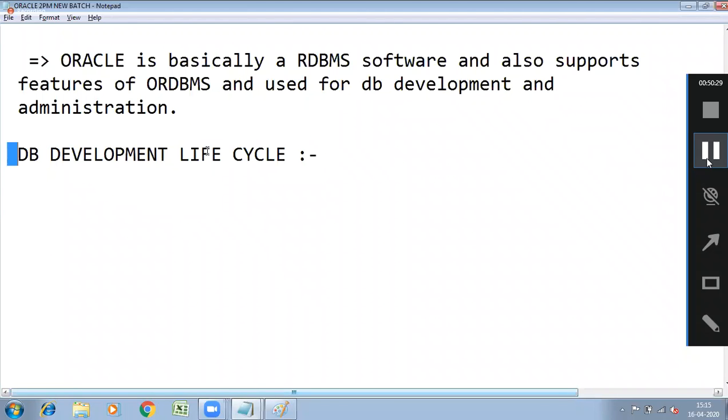So what does the database development life cycle mean? What are the different phases involved in developing the database? You want to develop a database for some company. What are the different steps you follow?